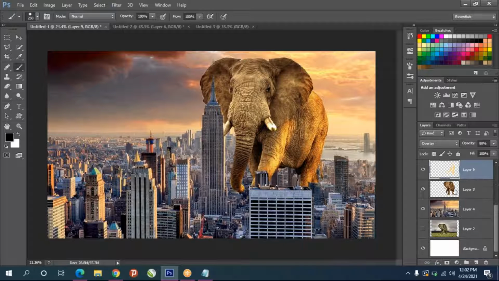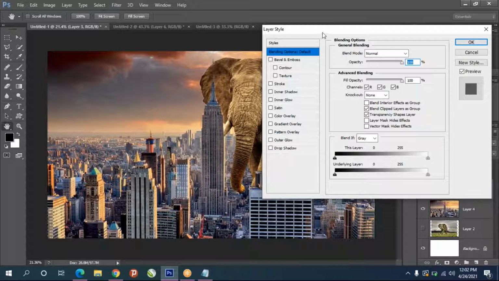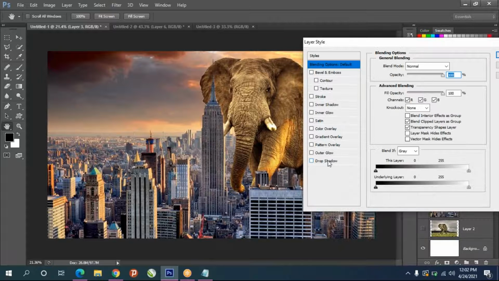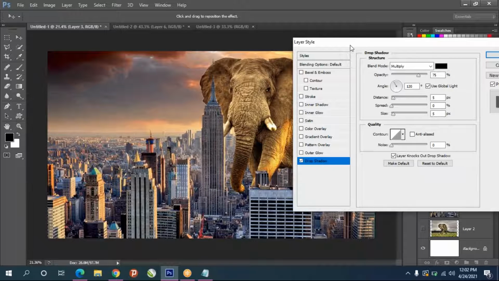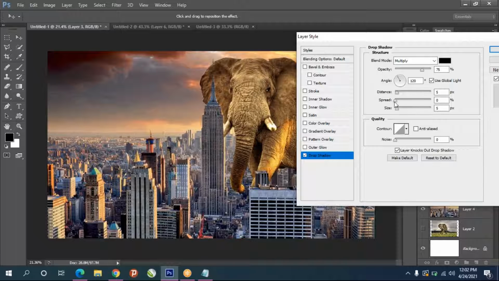So just select the elephant layer for giving the drop shadow effect. And after that, right click on that, go to blending options, and we'll be seeing drop shadow over here. Click on the drop shadow and make sure that preview is enabled. Click on the drop shadow, and drop shadow distance you can give where you want, and spread, size and the